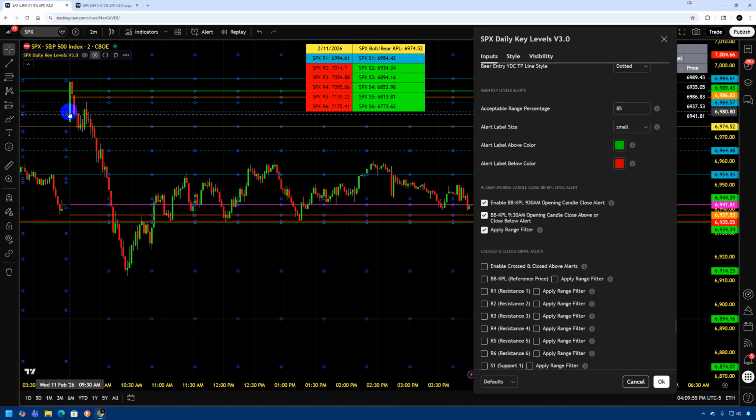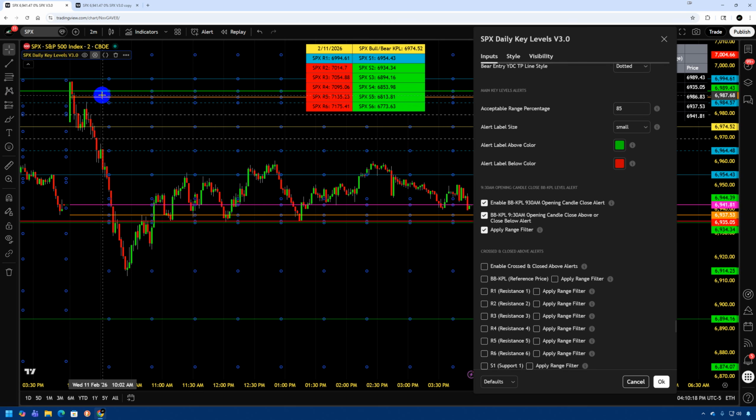So this is a perfect example. If you were looking to get into this trade, you would have known that this closed higher than 85%, so this should be avoided as a trade to take off the BBKPL level. Now you can reassess after that with succeeding candles to see if there's a trade opportunity on another level,